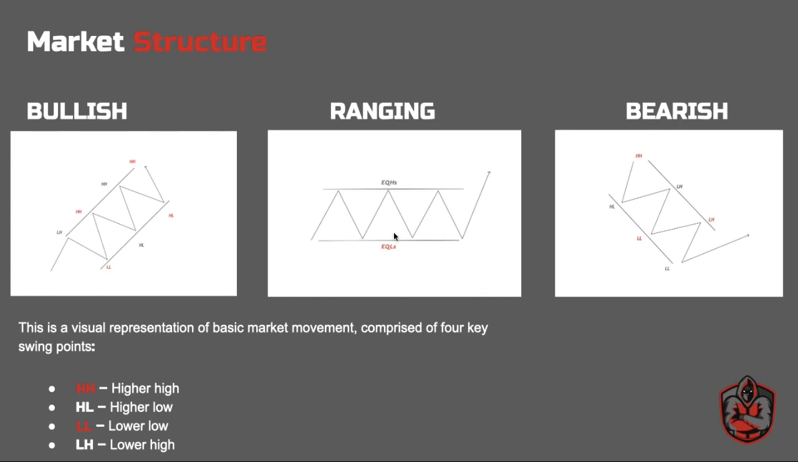And then we have a ranging market. Is when price is printing equal highs, equal lows. Essentially, you can call it support and resistance levels. Support and resistance levels is when price just doesn't really have a direction, it's just moving sideways. A bearish sentiment, referred to as a downtrend, is when price is printing a series of lower highs and lower lows. So like I said, these basic market movements are comprised of 4 key swing points: higher highs, higher lows,